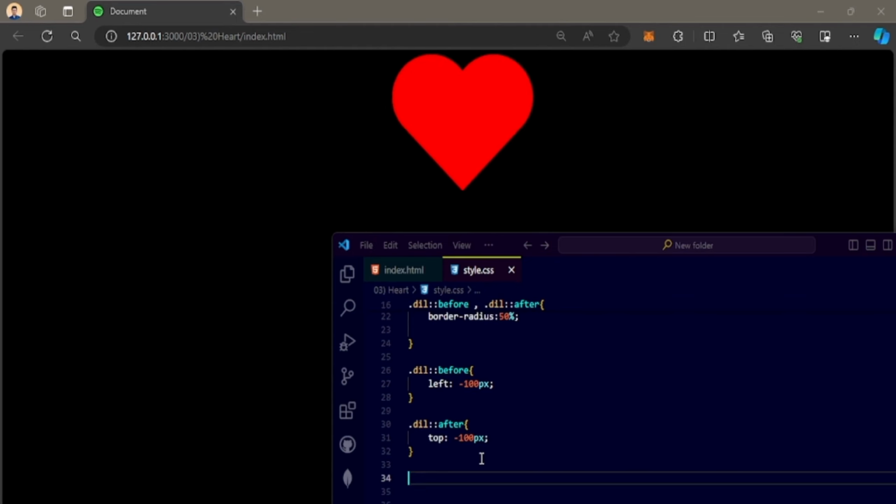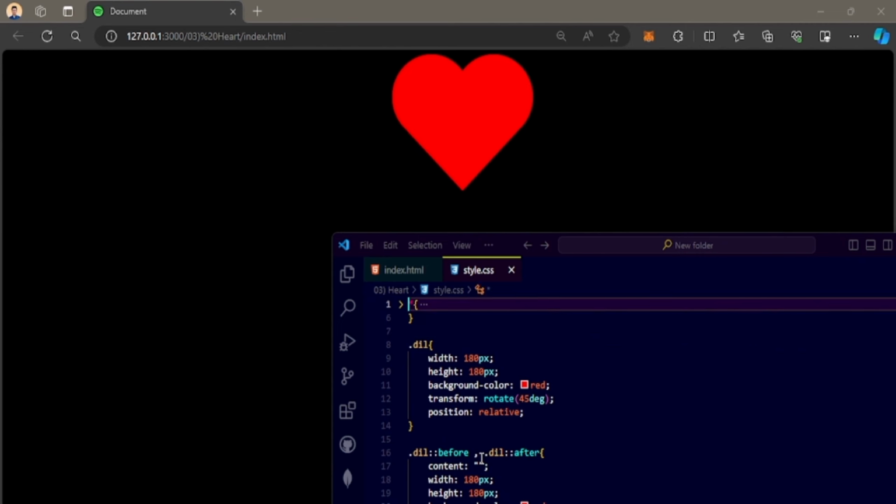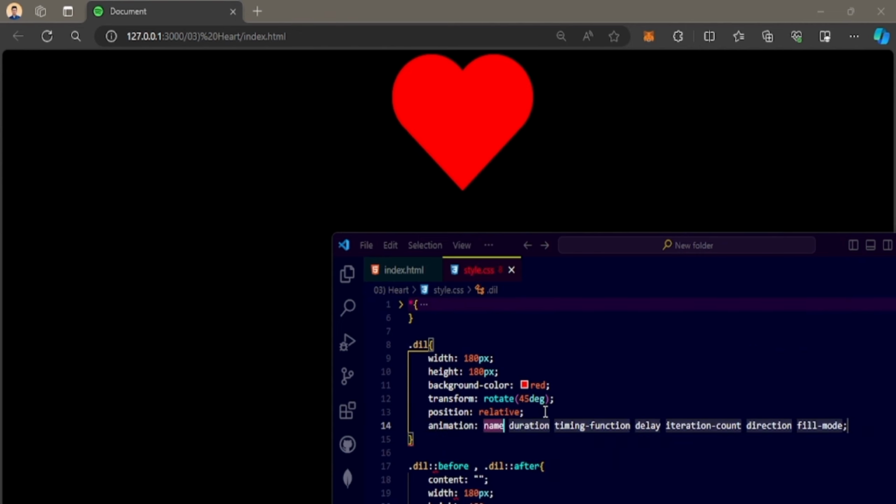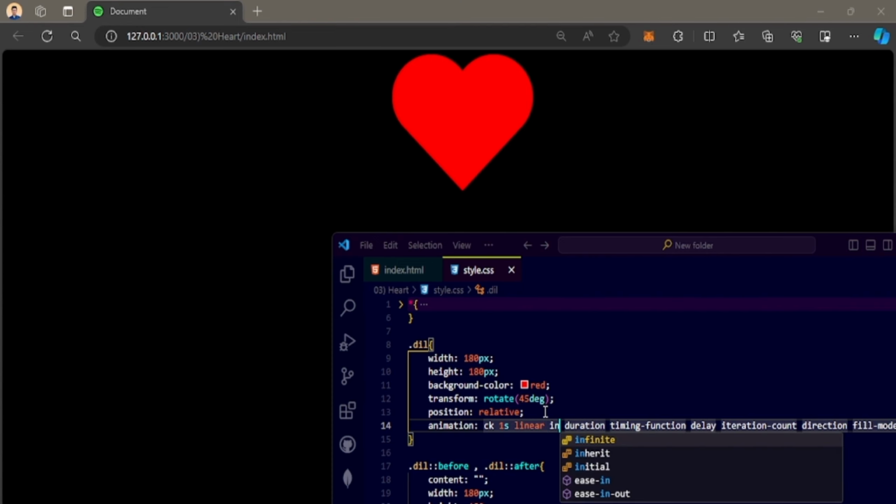Now we add the animations to our heart. That's why we write the property animation in the parent class, give its name CK, and write its 1 second duration. And after that we'll write linear infinite,